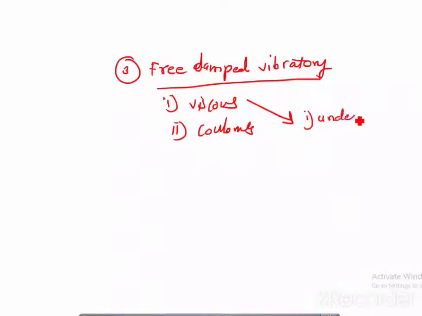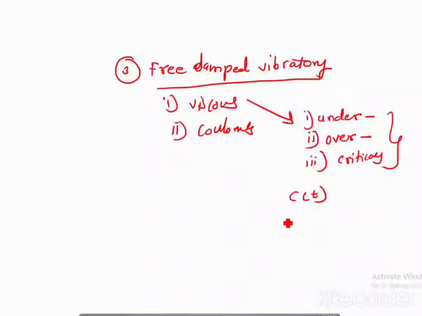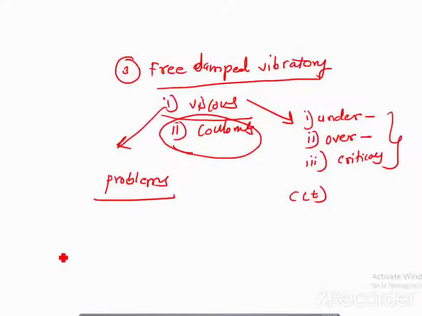The first is under damped, second we have seen the analysis of over damped system, and third the analysis of critically damped system. So we have understood the three different types of damping system: under damped, over damped and critically damped, and we have derived the equation of output for each. We have finished with the analysis of viscous damping. In today's lecture we will understand how to solve problems on viscous damping, and then the analysis of Coulomb's damping. I hope it is clear to all of you.